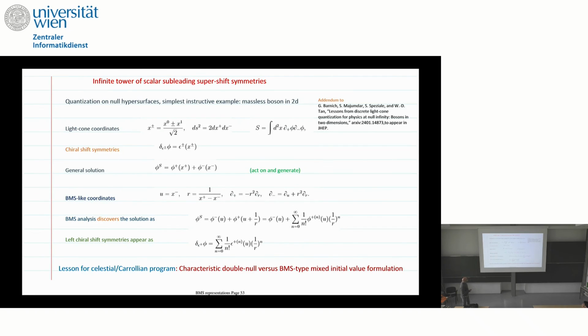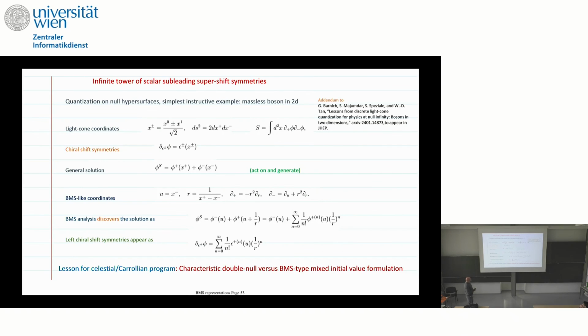But let me show you a very easy, I think, upshot of that. So when you study this, of course, you realize that the best thing to study the 1+1 dimensional boson is to do light cone coordinates, double null coordinates, x plus and x minus. And if you do x plus and x minus, the action becomes very simple. And if you do the Hamiltonian analysis, you realize that there are symmetries that I didn't know existed for the free boson. Of course, the free boson is a free theory. It has many symmetries that you can miss.